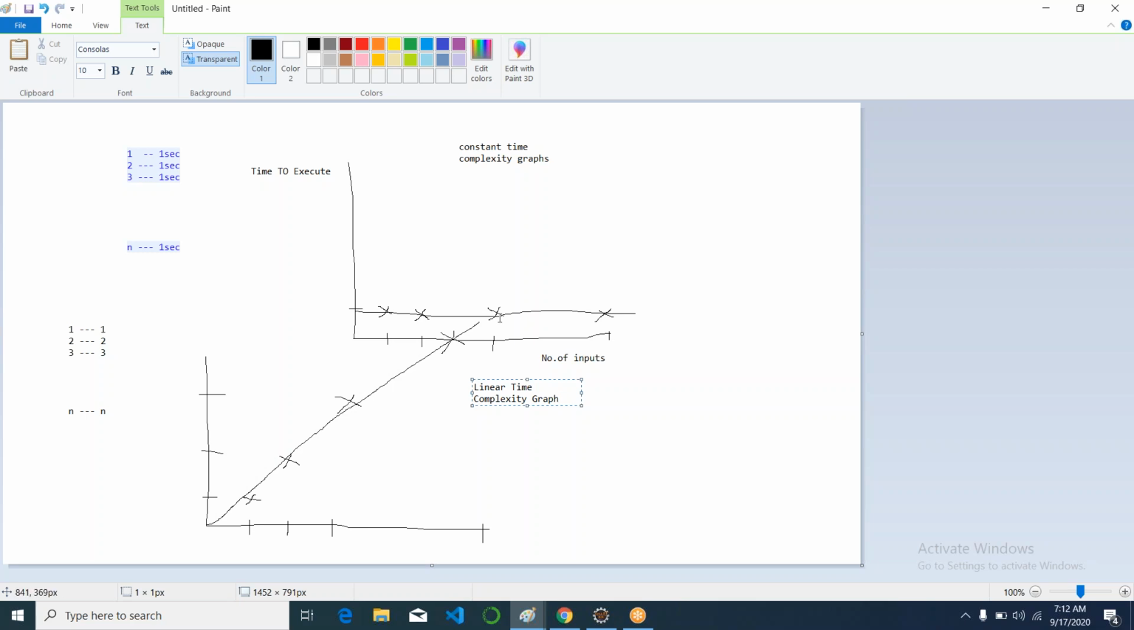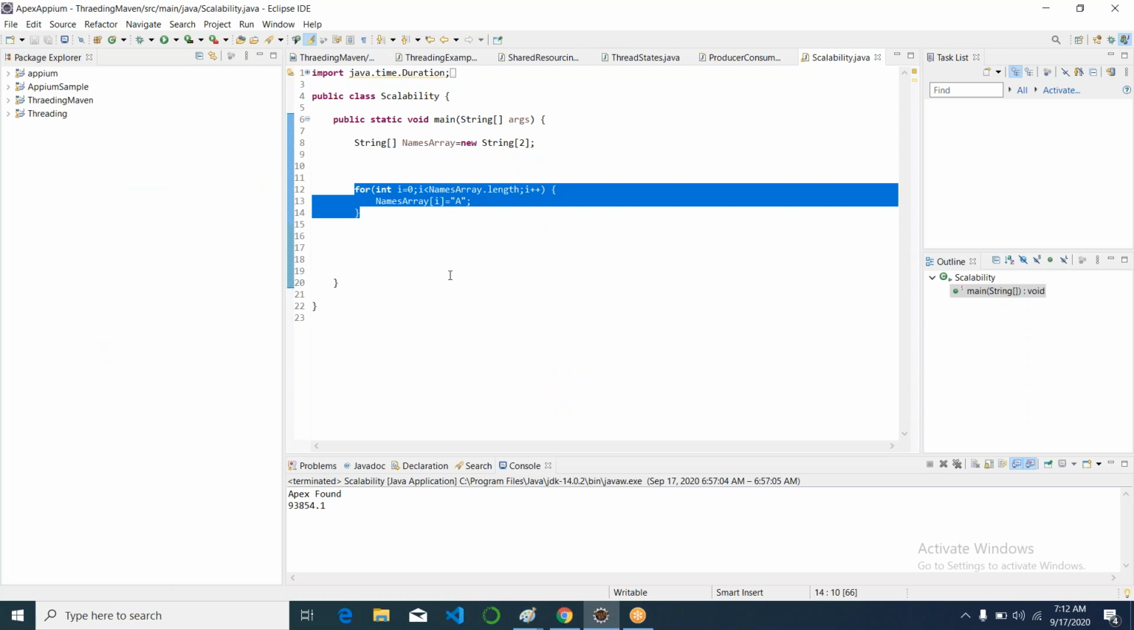This is how one can predict the time, I mean the scalability, of a particular code. You can take some sample inputs, and then take the time it takes to execute, and we can plot a graph, and we can call that a time complexity graph for different code criteria. But here if you consider,